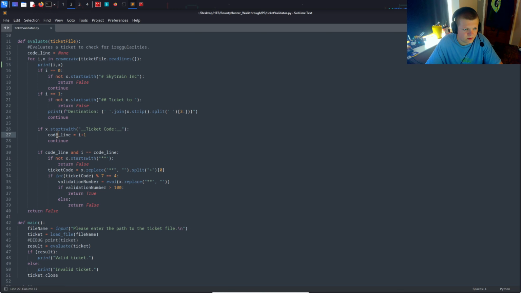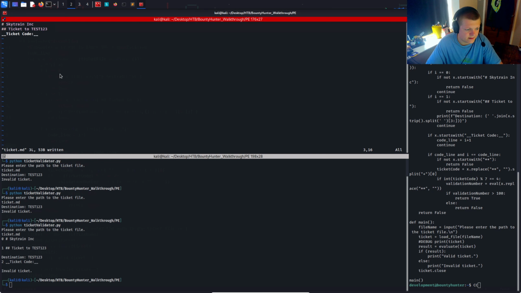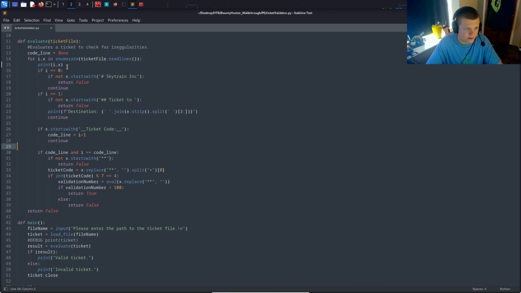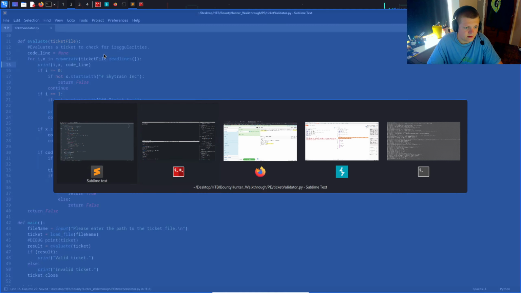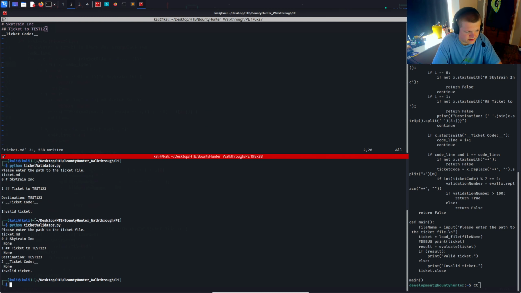It does set code line equals i plus 1. Let's also print code line just to see how this is changing. We can see it's set to none there, and it's set to none in all of these, but I'm guessing on the next one